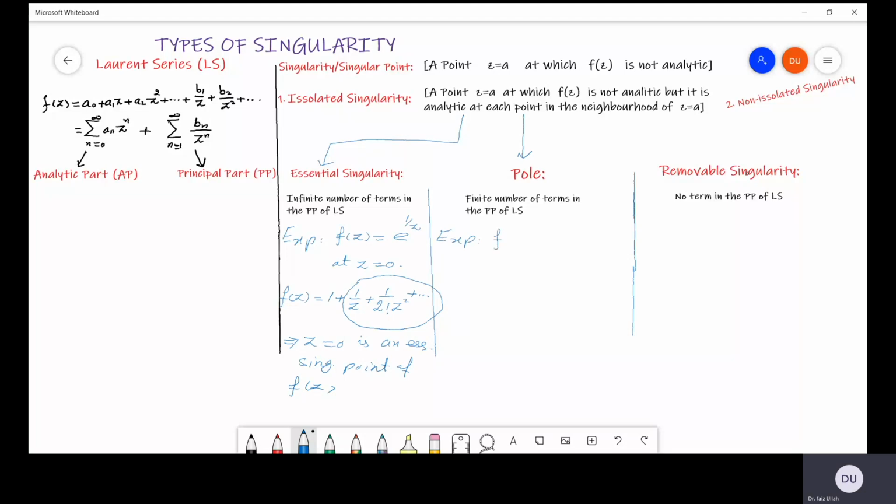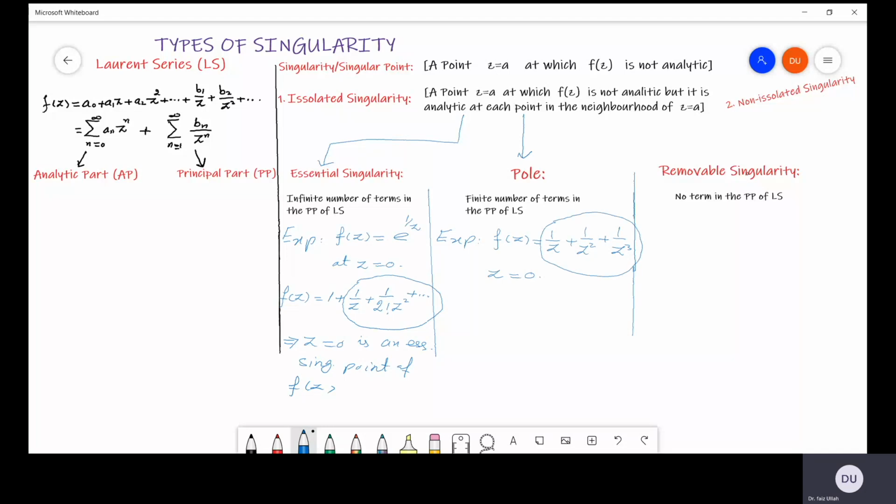The function is f of z is equal to 1 over z plus 1 over z square plus 1 over z cube. Now you can see that this function is not differentiable at z is equal to 0. Or in other words, the function f of z is not analytic at z is equal to 0. So z is equal to 0 is a singular point of this function. But what type of singularity is this one? So look at the Laurent series